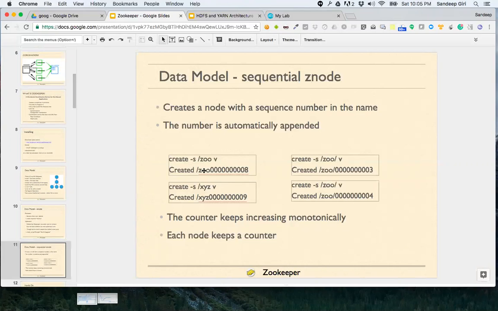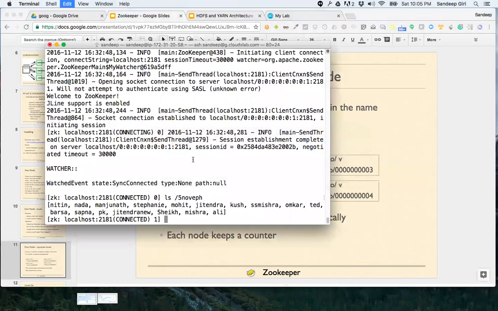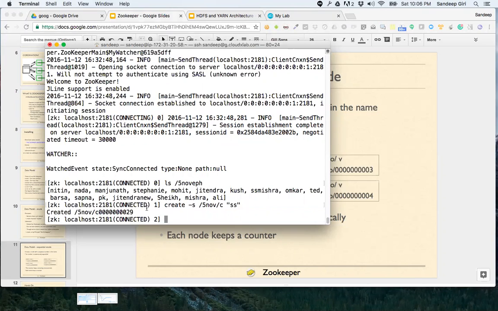The way you create the sequential number is you say create -s, and then you provide the path, let's say 5 November, and you provide a prefix. I'm providing the prefix C and some data. It has created a new node called C0000000029. What is 29? 29 is the running count of the total number of nodes that have been created under 5 November.